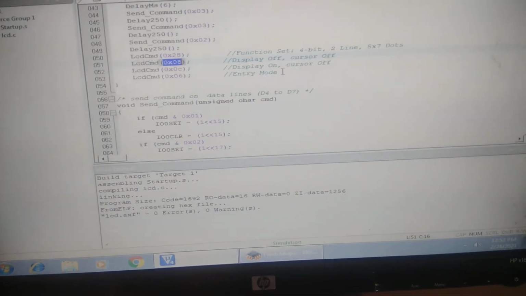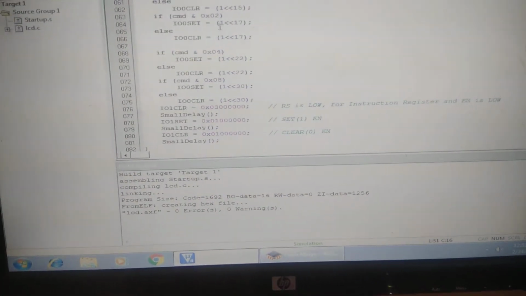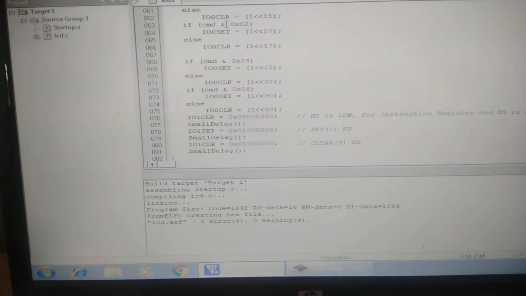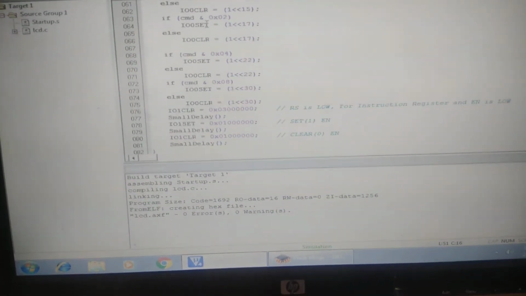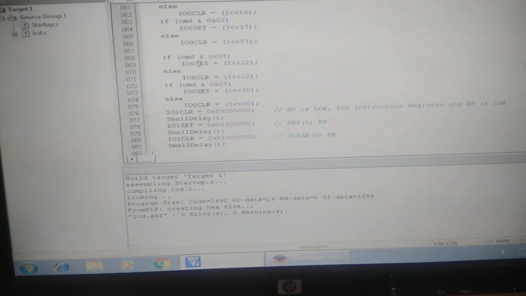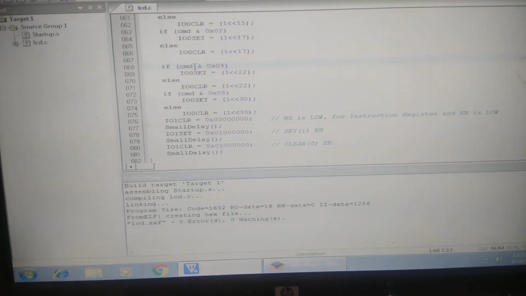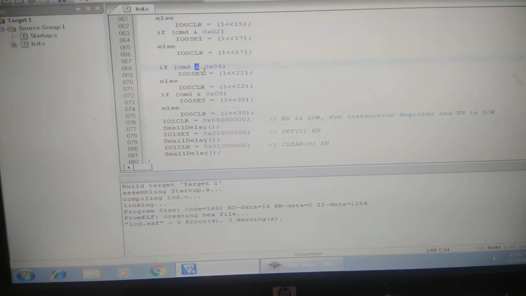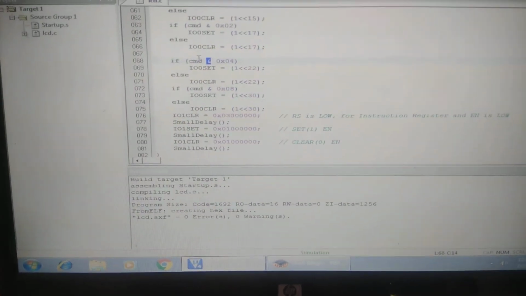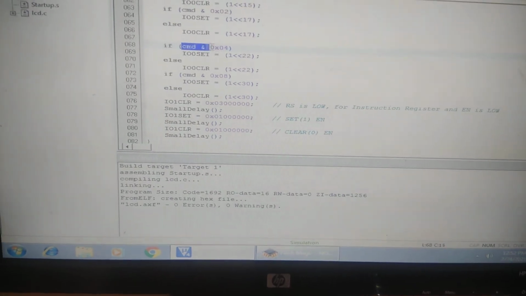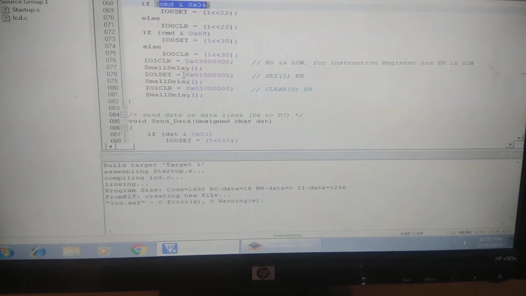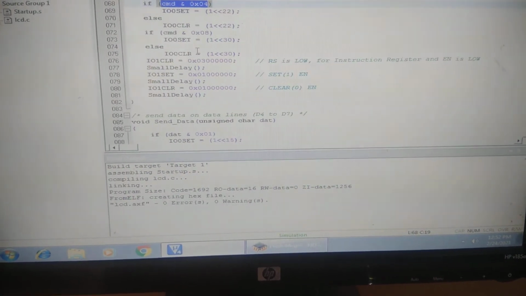Here this is for D0 to D7. The data lines are already interfaced with your microcontroller. So these are how to set. Set and clear we have to write repeatedly, and then the command is written for 0x04. AND operations, you know that. What is the purpose of using the AND operations? 0x04, why are we using 0x04? These are some mathematical calculations you just remember from your theoretical class.